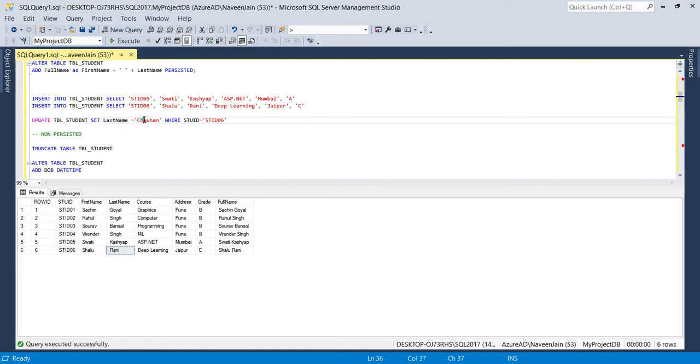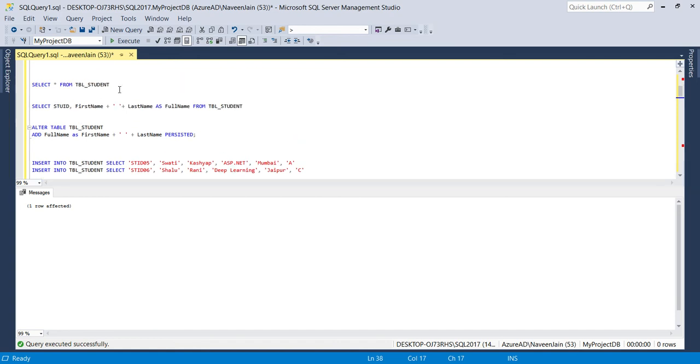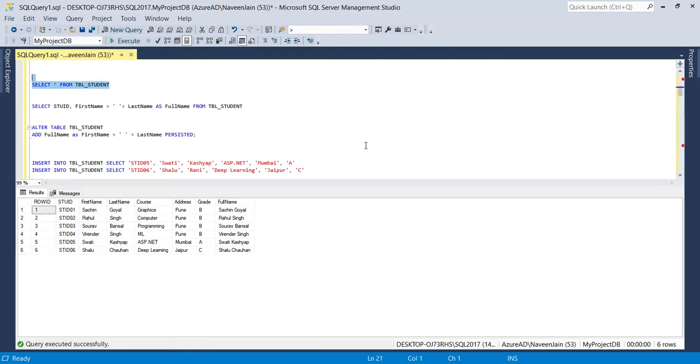So we are updating it with the Chauhan. Our full name value should also be updated. Okay, let's run it. Now run the select statement. Yeah, so it has been updated. It has been updated here also. So now we can see from Shalu Rani, it is now updated with Shalu Chauhan.